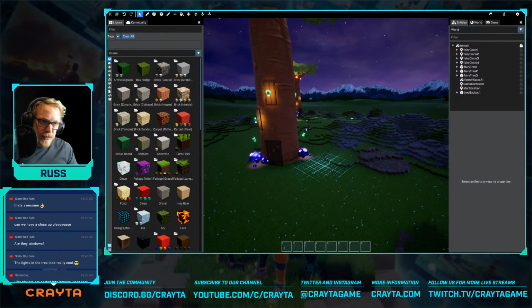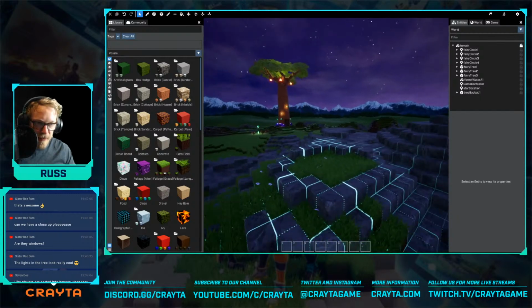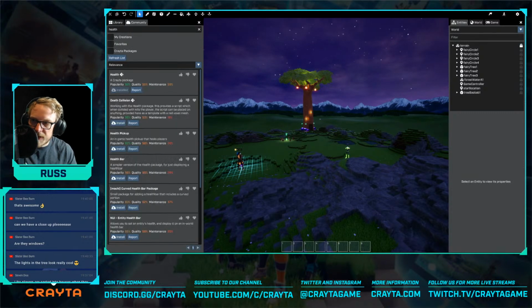Cool. Right. Okay, well, so now we've got a little bit of logic there. That's starting to come together quite nicely. So while I'm thinking about it, you mentioned pickups. So let's have a look at another pretty straightforward one we've got, which is the health pickup. This doesn't actually come through as an official stock package, but it is one that works pretty well, and it works with the